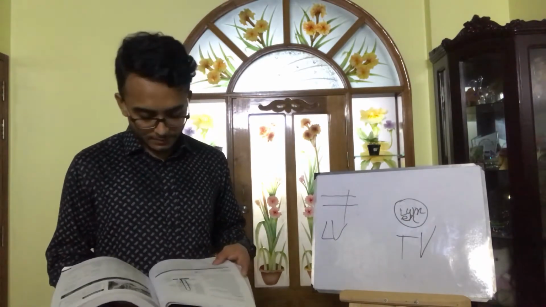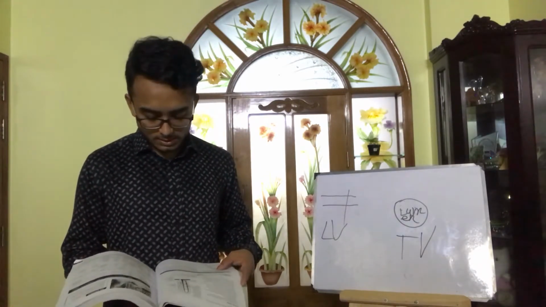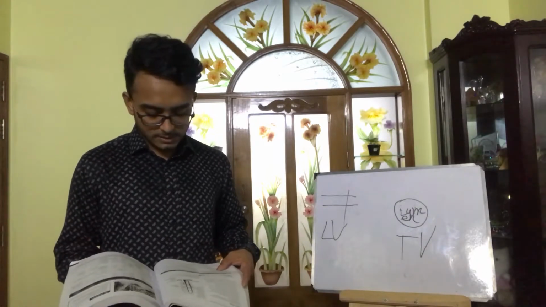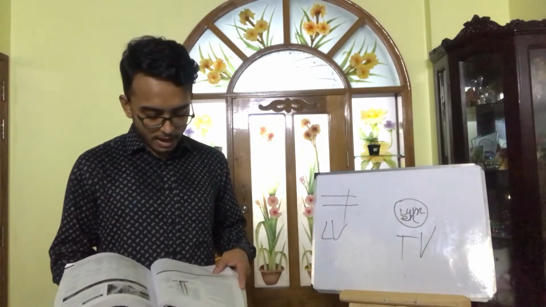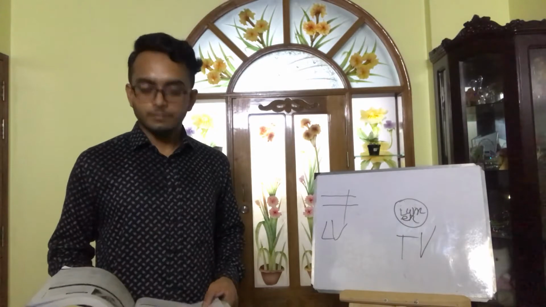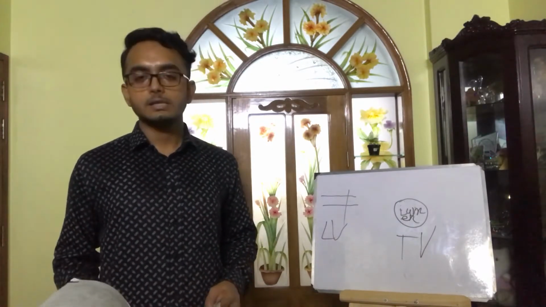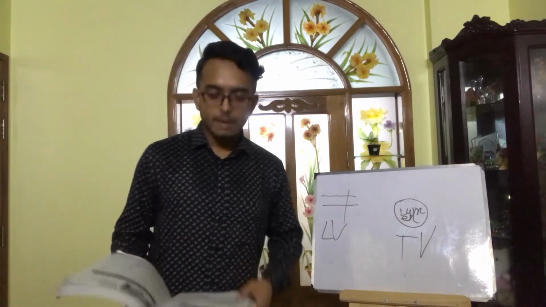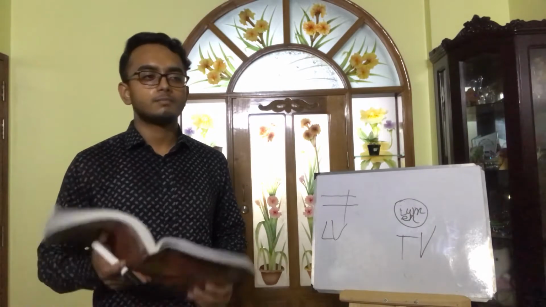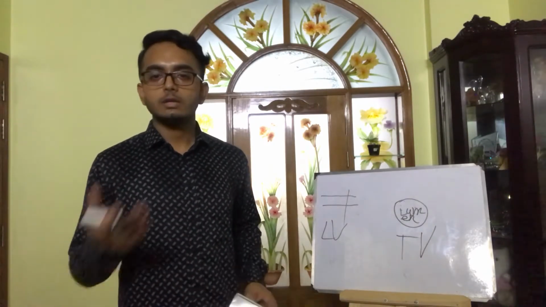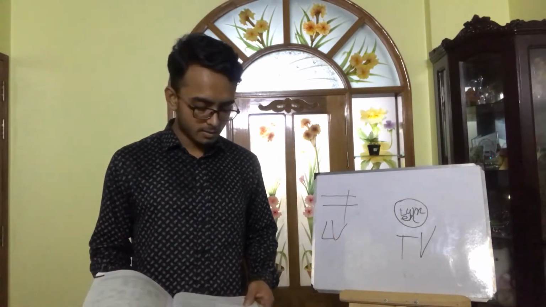Villi contain blood capillaries. Monosaccharides, amino acids, water, minerals and vitamins and some fats pass into the blood to be taken to the liver and then around the body. So villi contain blood capillaries, which make absorption possible. If there were no blood capillaries, absorption would not be possible, because absorption is taking the food into the blood vessels so that it can travel around the body. So blood is a member of the